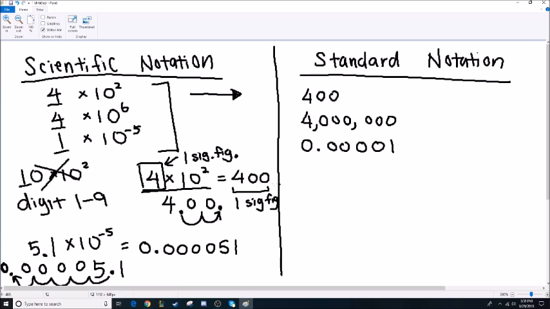Alright. So I hope you guys understand from those 2 examples how to change from scientific notation form to standard form. So with this one, how to change from standard form back to scientific notation. Let me do some examples here. So first example number 1. Okay, let's see. If I have a number that looks like